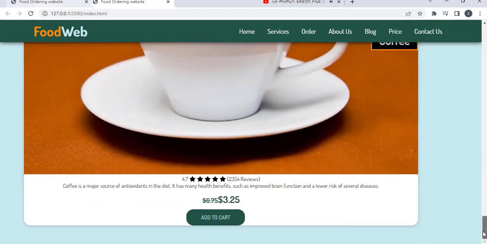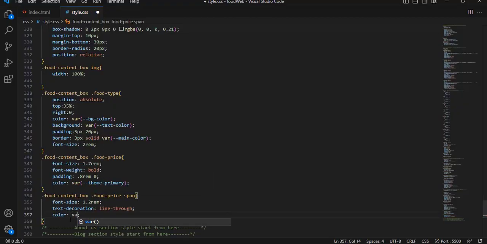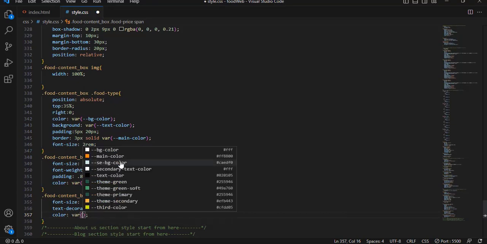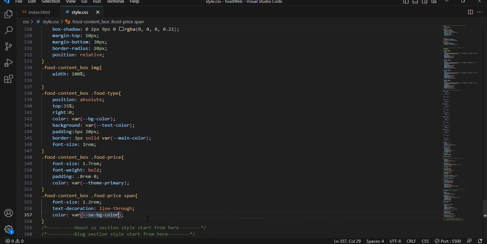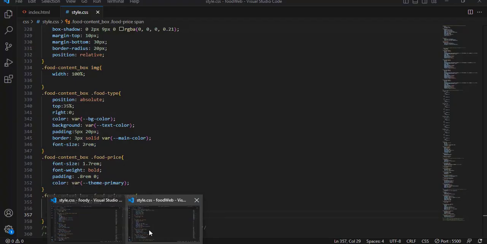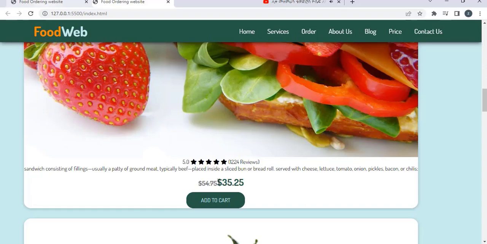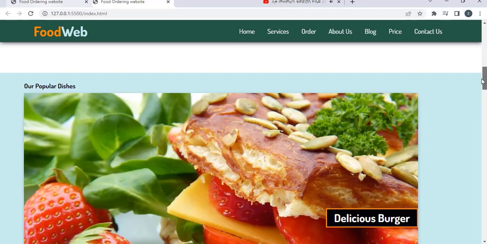After that, color. Let me use the text color. Let me say SGBG color. So when I save and refresh, oh, it is blurred, right? Let me change the text color right here. Let me say gray and refresh again. Oh, you see here we have